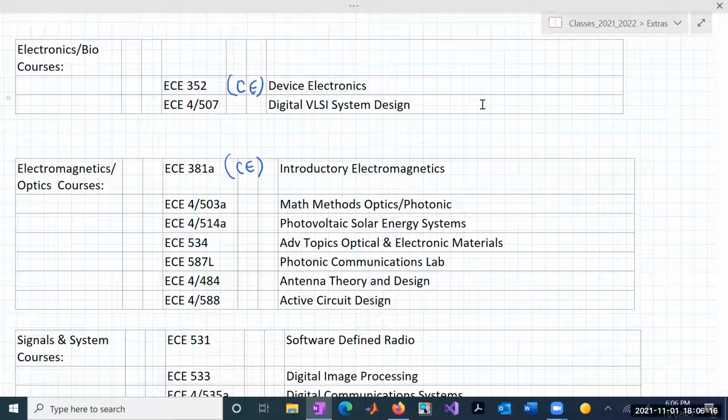Another interesting connection with optics and electronics is advanced topics in optical and electronic materials. What are the optical properties of these different materials, and how do we build optical and electronic systems out of these materials? There's a photonics communications lab. If you're interested in